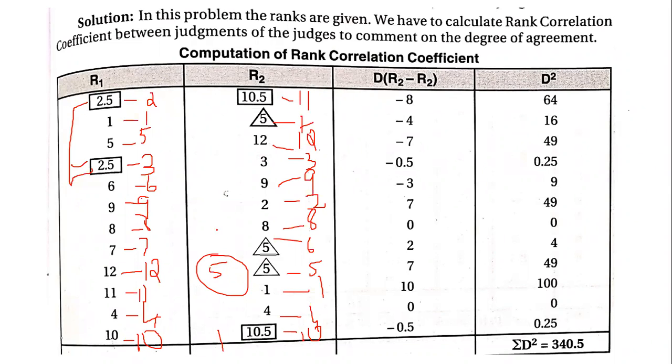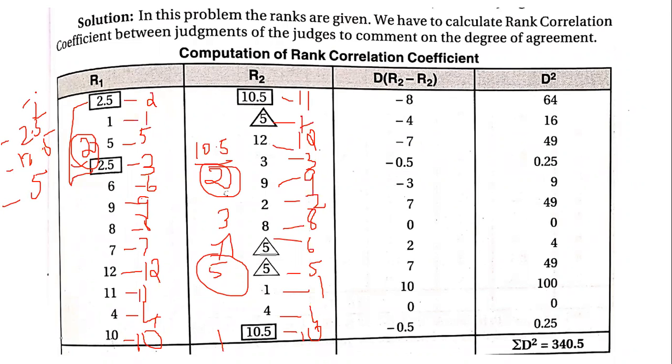So in short, it means number 5 is repeated 3 times. 10.5 is repeated 2 times. And here 2.5 is repeated 2 times. All that matters for us is the number of times it is repeated and how many numbers are repeated. So if you see, 2.5 is repeated, 10.5 is repeated and 5 is repeated. So 3 numbers are repeated, where 2.5 is repeated twice, 10.5 is repeated twice and 5 is repeated thrice. Okay. Now after this